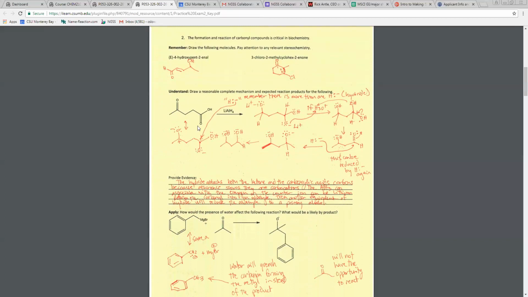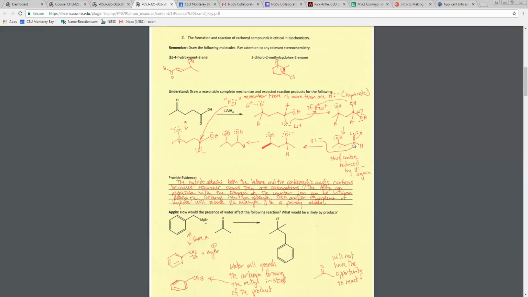Resonance, again, for my carbonyl compounds, gives me the place where my hydride will attack. Remember, this hydride is a nucleophile, so it's H with a lone pair, which has a negative charge. That's what makes it my nucleophile. The nucleophile attacks the carbocation. I then will protonate and regenerate my